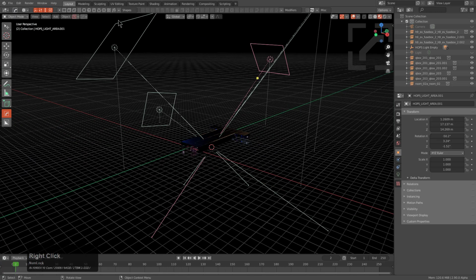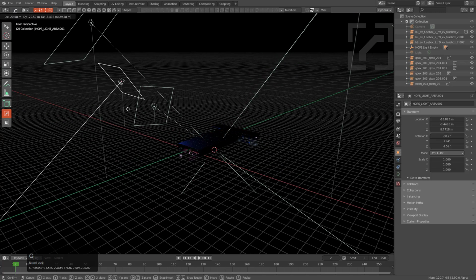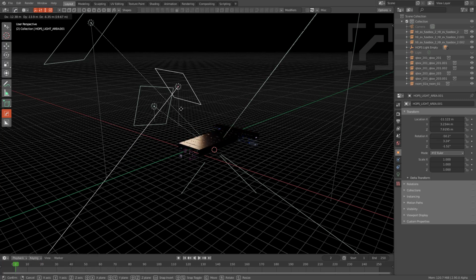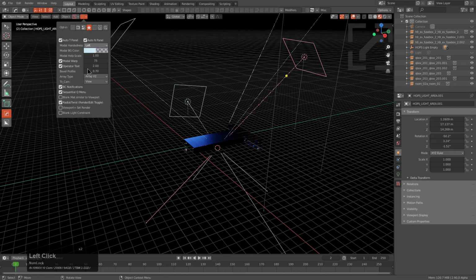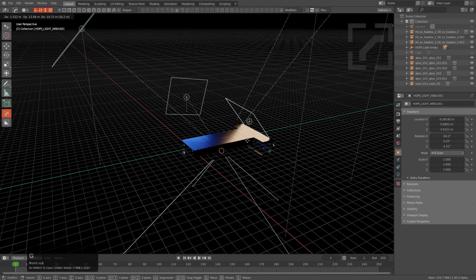and then I'm actually going to just grab this, because notice that whenever I move it, it's no longer tracking to the empty, and that's because I originally did not want that for this sort of plan that I had going. But you can actually toggle that off in the newer version of Hard Ops under blank light constraint, where if you have it on, it will automatically constrain to the empty. You can also turn this on in preferences,